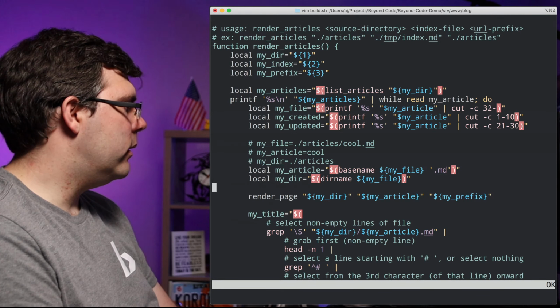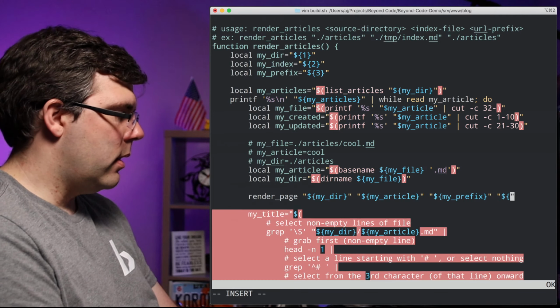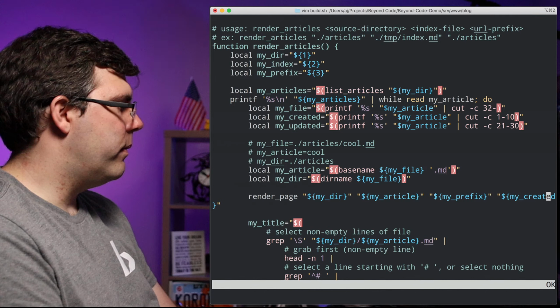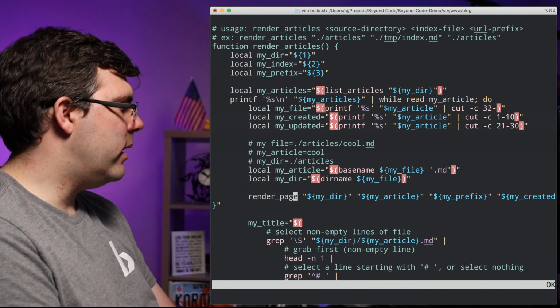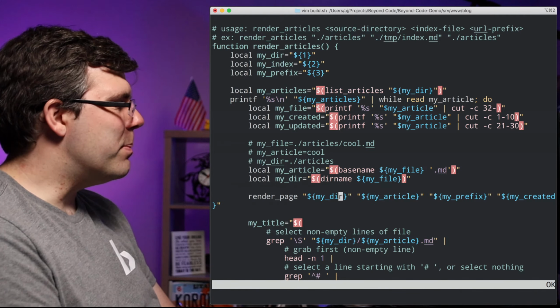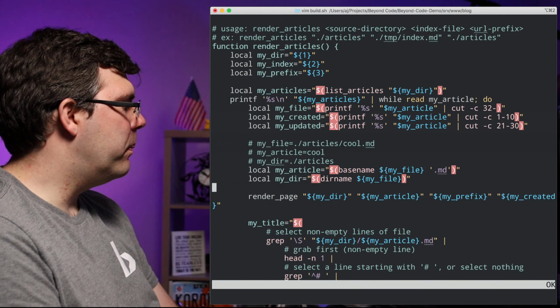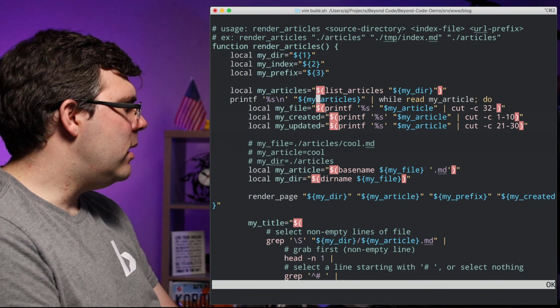All sorts of nonsense. Okay, I think what I need to do is just put my created. There we are. I just need to add that as something that it accepts. Now it's starting to get kind of long. I don't necessarily like that, but it seems like it actually is the appropriate thing to do. And in here,